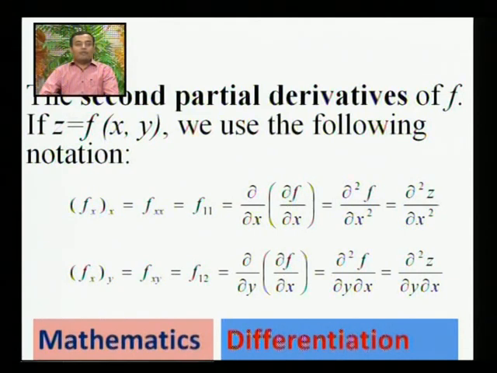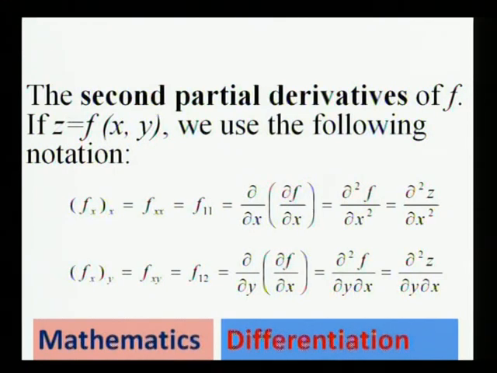Similarly, if we are having the partial derivative with respect to x, then we can also differentiate that with respect to y, that is, fx with respect to y, that is denoted by fxy, and also that can be denoted by f12, where 2 stands for the second variable, and that is y here. So also that is denoted by, first we are differentiating with respect to x, so del f by del x, and then its derivative with respect to y, that is del by del y of del f by del x, that is denoted by del square f by del y del x.